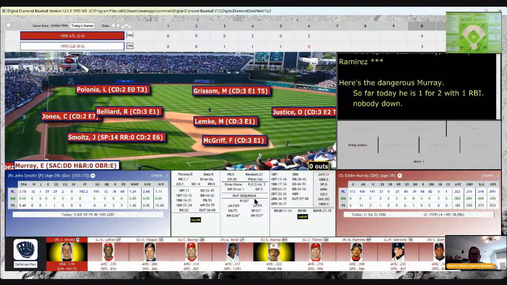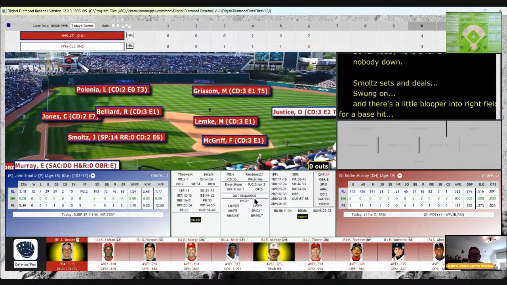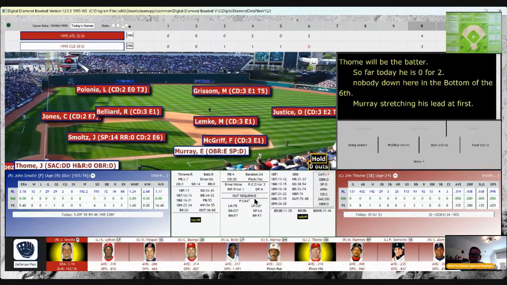That brings up Jim Thome. Here's the offering. Will be on Smoltz's card. That 63 is an out. LP is a ground ball to second. Check for an error. There is none.